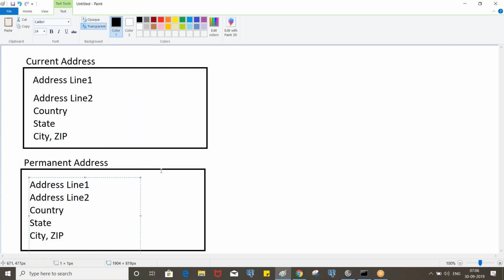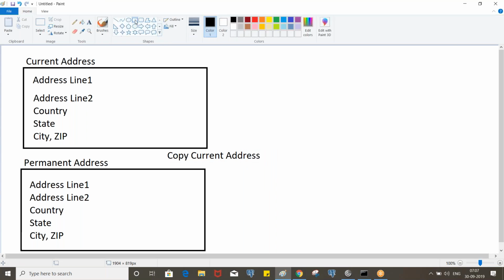Okay, so now here we'll have a checkbox, copy current address. This will be the checkbox property, and when you select the checkbox, the current address details will be copied to permanent address.